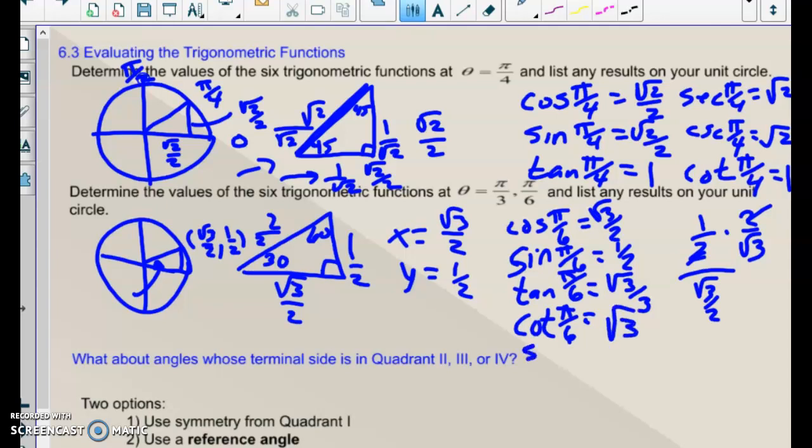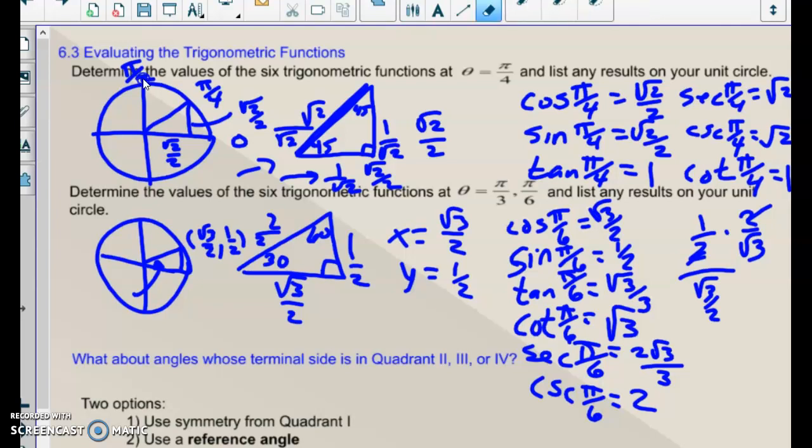And if I go with the secant, we know that the secant is the reciprocal of cosine, so I get 2 root 3 over 3. Rationalize that for yourself. And the cosecant at the same point is 2. All right. Now, just for the fun of it, hopefully you can pause it here and write that down, because